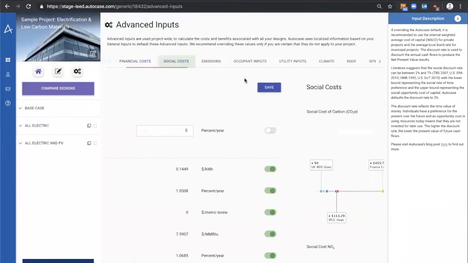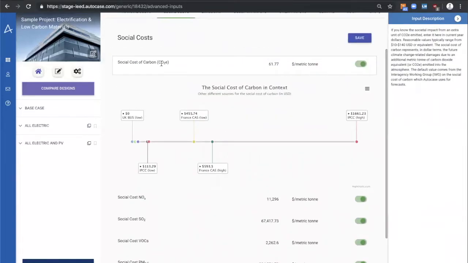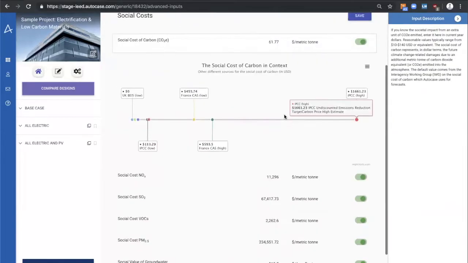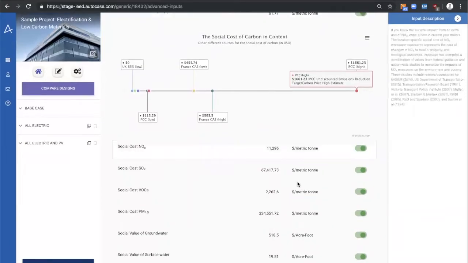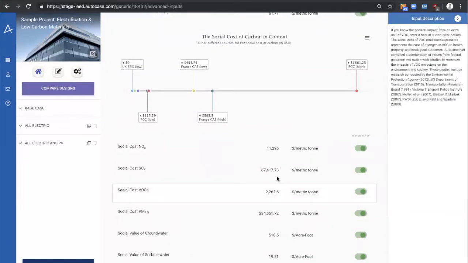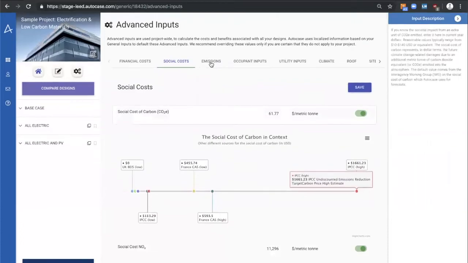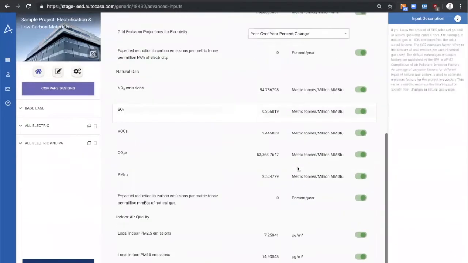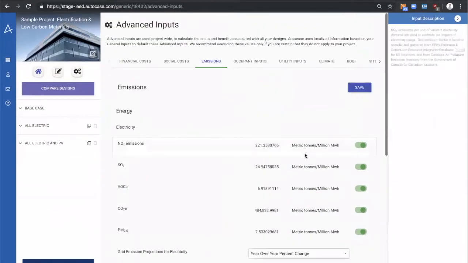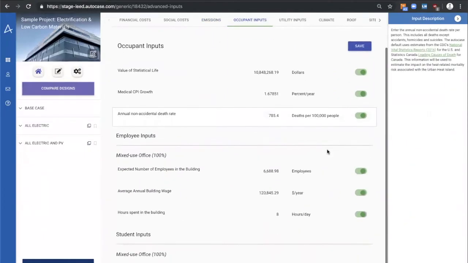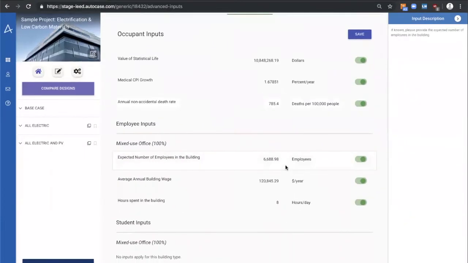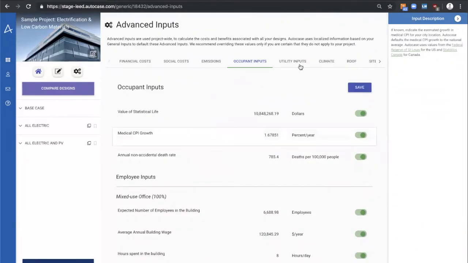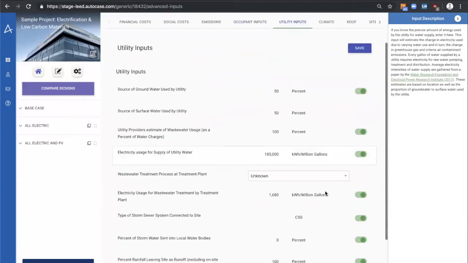We have the social cost of different pollutants. So the social cost of carbon, the social cost of, say, volatile organic compounds. And this is all location specific again. And then we have emission factors from electricity or the grid, as well as natural gas and so on. We have a variety of occupant inputs, like the number of employees in the building as an example. We have some utility inputs,